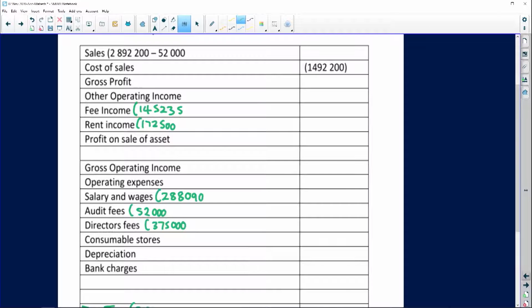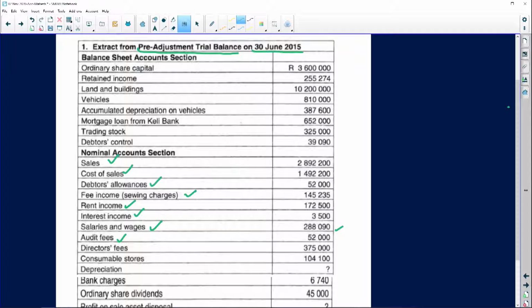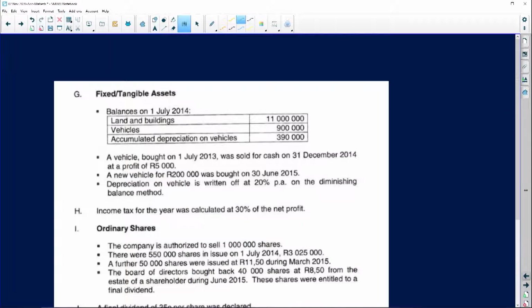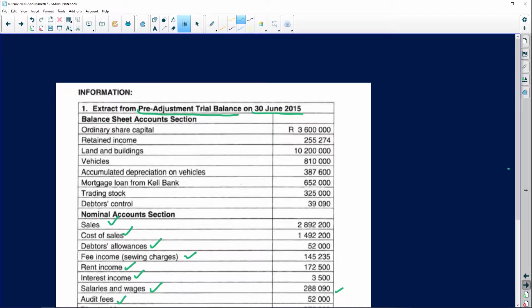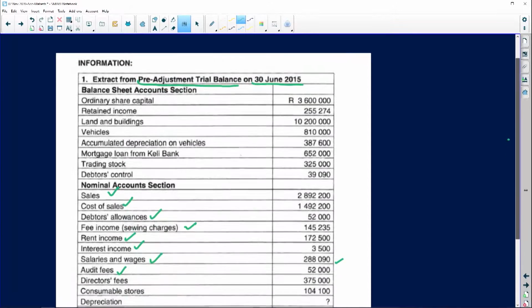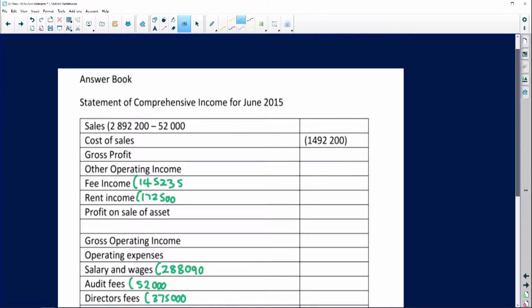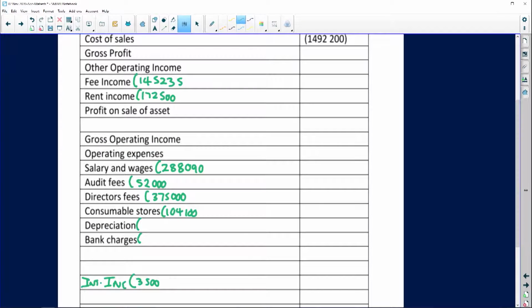375,000. Right, next expense should be consumable stores. Okay, so consumable stores, an amount of 104,100. Okay, just go back a bit. Consumable stores. Okay, in brackets 104,100. Depreciation, there wasn't anything given to me. And then bank charges, an amount of, okay, just quickly check, bank charges, an amount of 6,740. So just want to quickly bring that down and then we can start tackling our year-end adjustments,